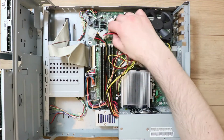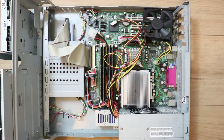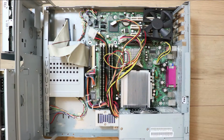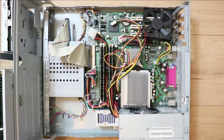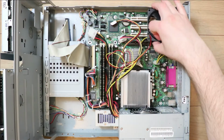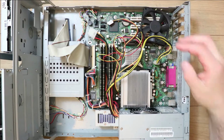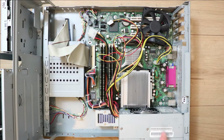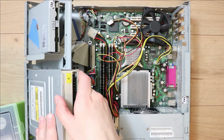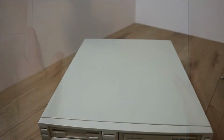But it does have a couple of SATA connectors down here, which obviously is necessary. But again, these are only SATA 1, so it's not ideal, say for imaging SSDs or something like that. There's no real option to upgrade this because obviously it's only PCI. If it got PCI Express I could obviously put some cards on, but it's probably not really worth it with how old this is. So instead of using this, I'm going to use a different system. So what I've got instead